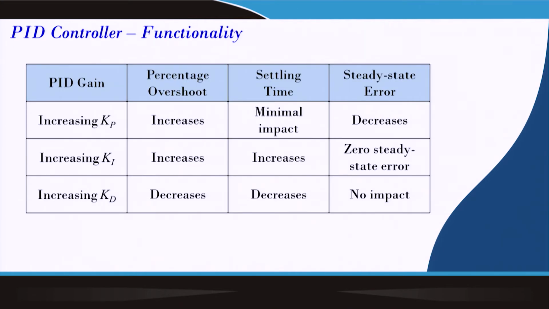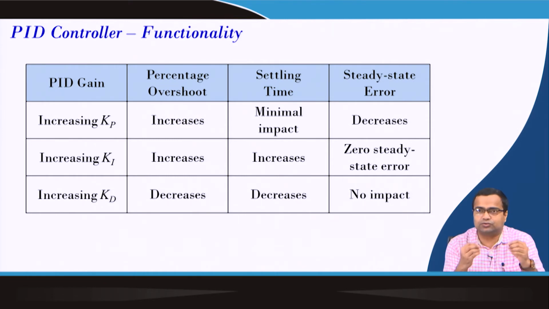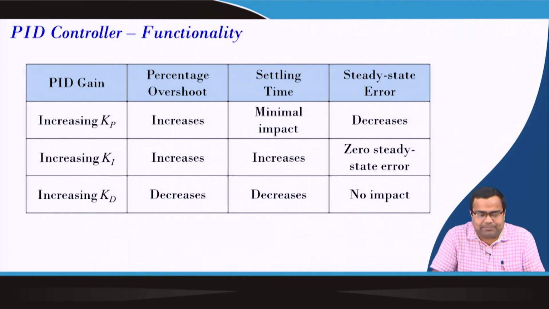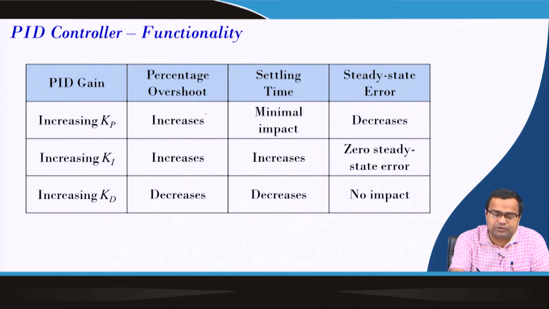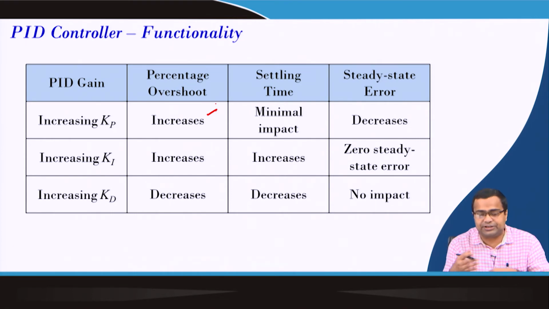Before I move to shaping this startup action, we should also know the function of Kp, Ki, Kd, because we have used a PID controller. Generally I am talking about the analog controller, where the PID controller gains are set through external components. That means, they are set at the very beginning of the converter. So, you have probably very hardly any choice to change this PID controller later, but we should know the effect of Kp, Ki and Kd. If we increase the proportional gain, generally the percentage overshoot increases, or vice versa. If you reduce it, the overshoot will get reduced. The settling time has minimum impact, but of course, it has impact on the rise time.